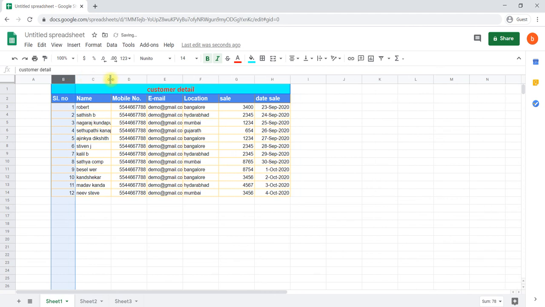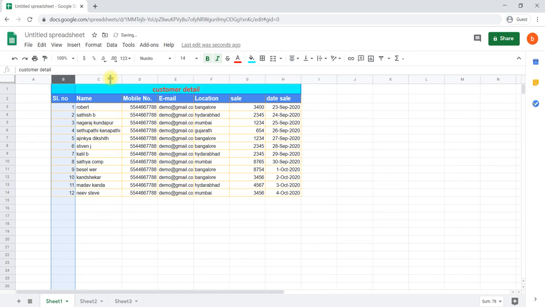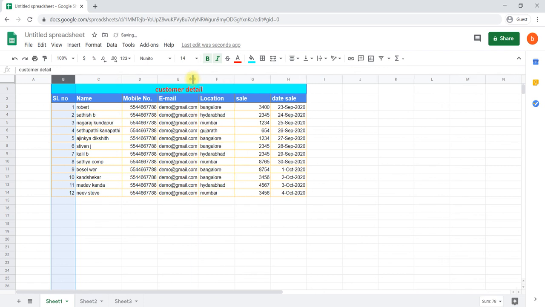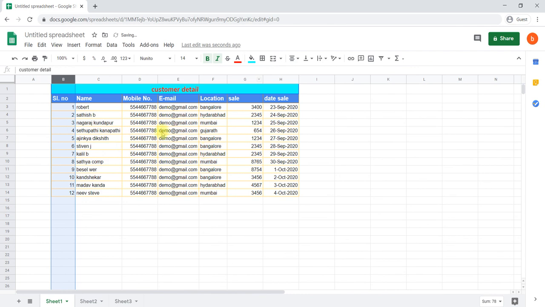Similarly, if you double click on the edge, it will automatically adjust to the column width. Again here double click to adjust to the column width. This is the way we can format, basic formatting of the data you have created in Google Sheets.